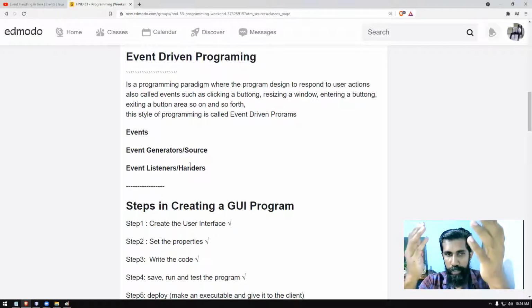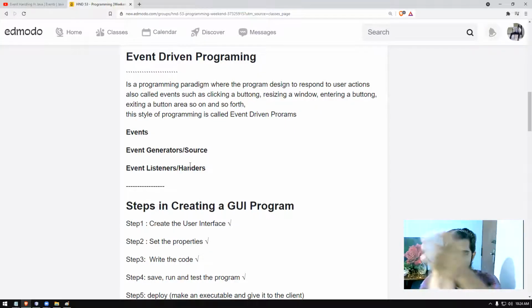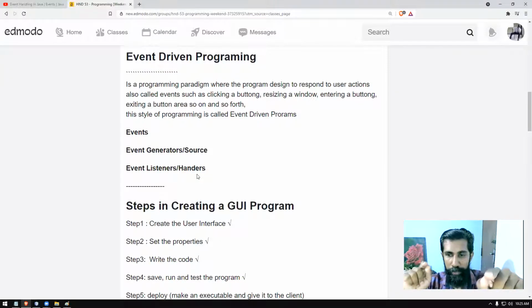The clap sound can be generated by doing something like that. Do you understand? Right. So then event listeners are there. These are special programs in the computer. They will listen to that or they will wait for it. Oh, now button clicked, I should execute this code. Mouse entered, now I should execute this code. Mouse exited, I should execute this code. Program minimized, I should execute this. Program closed, I should execute this. Program resized, I should execute that. So event listeners will do that part for you.